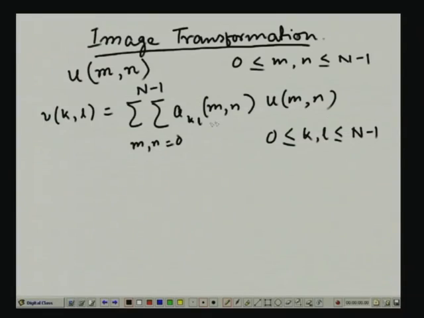So, this A k l m n, because k and l both of them take values from 0 to capital N minus 1, I have capital N square number of unitary matrices. And from this v k l, which is in this case the transformation matrix, I can get back the original matrix u m n by applying the inverse transformation. So, in this case u m n will be equal to